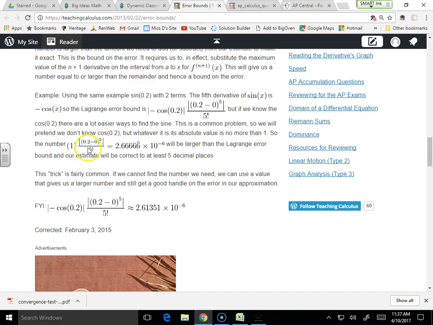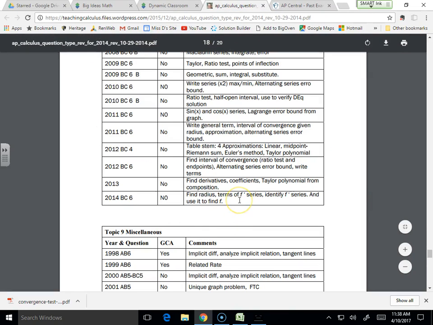It seems to be like that is common AP practice for sine and cosine, so I want to show you guys that as well. He says at the very bottom this trick is fairly common. If we can't find the number we need, then we use a value that gives us a larger, but still gives us a good handle on the error. So I want to let you guys know that that was correct, that was okay, because I know that you had lost some confidence in those packets, and I wanted to see from an AP guy's perspective how to look at it. So with that,